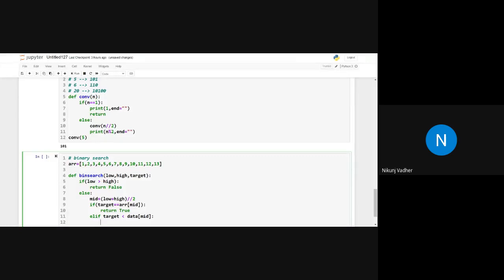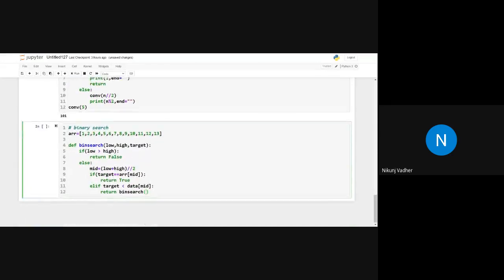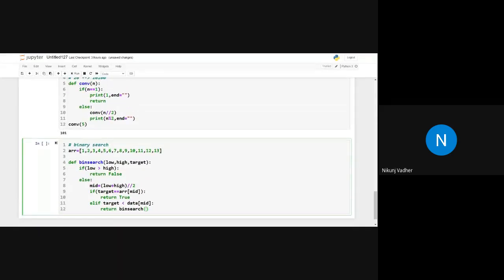So we will return binary search with low, and high will be mid minus 1.